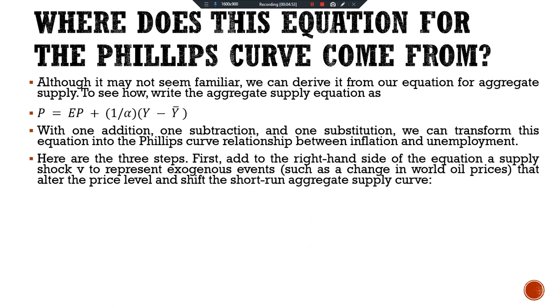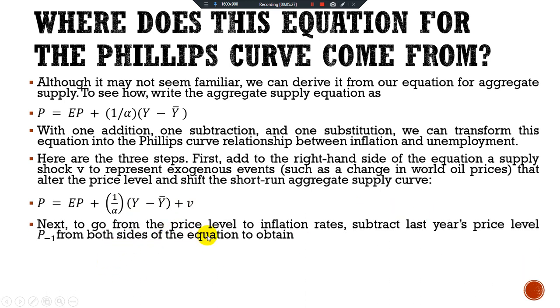So here are the three steps. The first step: add to the right-hand side of the equation a supply shock v to represent exogenous events, such as a change in world oil prices, that alter the price level and shift the short-run aggregate supply curve. So we have P = EP + (1/α)(Y − Ȳ) + v. Next, to go from the price level to the inflation rate, subtract last year's price level P₋₁ from both sides of the equation to obtain: